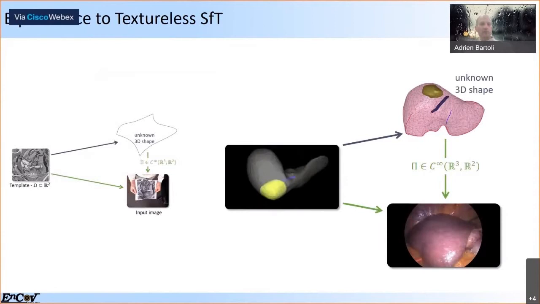Then our problem is to register the 3D model to the intraoperative images. And it looks exactly like this shape from template problem I have theoretically discussed in the past slides. The difference is we don't have texture in this case because the CT is not textured, of course. So we only discover the organ texture at surgery time. Nonetheless, we have access to some correspondences because there are some anatomical places that we can understand from the CT and the intraoperative images. So we still have access to correspondences, and from these correspondences, we have to figure